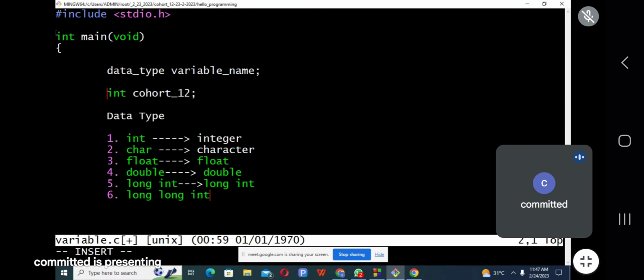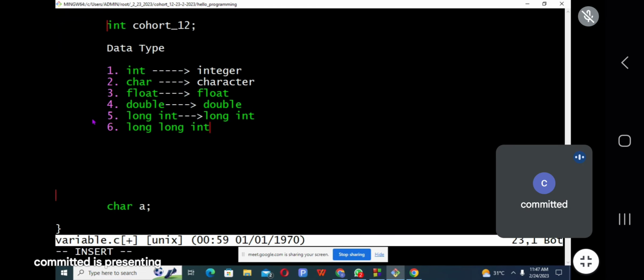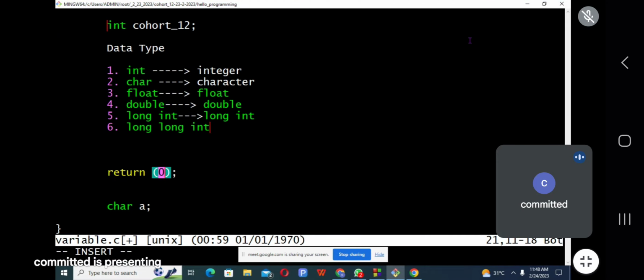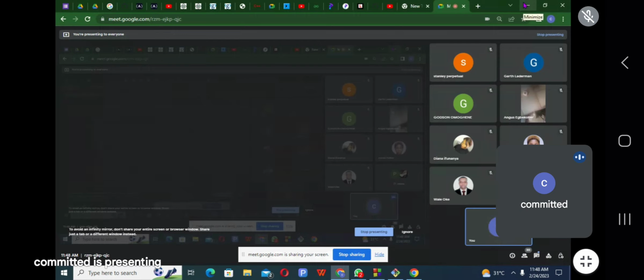This one has to do with the return statement. I don't have it here, so let me put it. It's working along with this. If the code we are running runs successfully, it should return 0 for us. When it returns 0, it's a success. And when it returns any non-zero number, it is not a success. That is what that means.